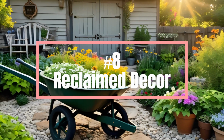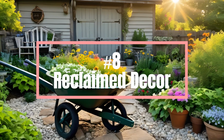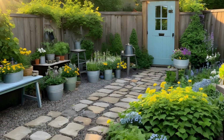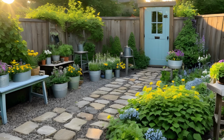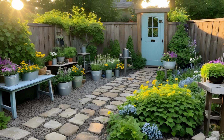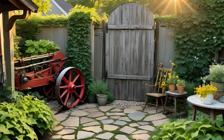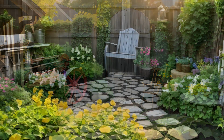Number 8. Reclaimed decor. Give your backyard a unique and eclectic look by incorporating reclaimed and salvaged materials into your decor. Use old barrels as planters, repurpose wooden crates as shelving, or hang vintage signs and mirrors to add a